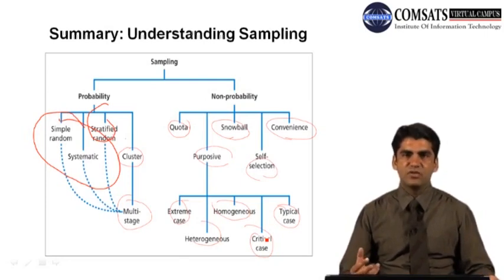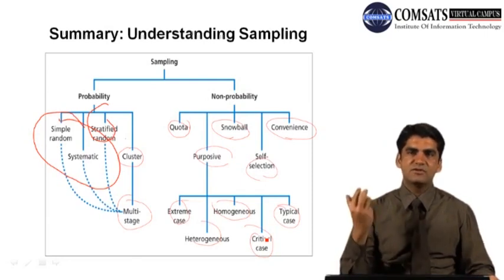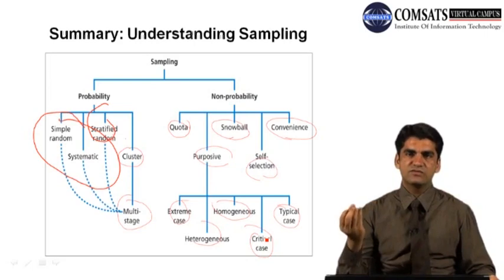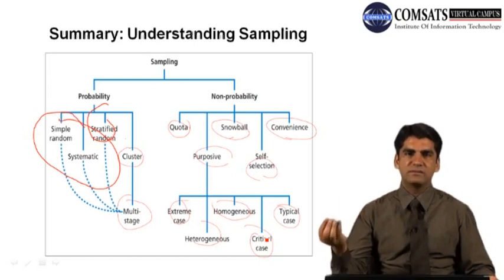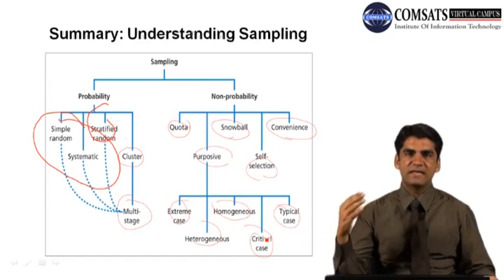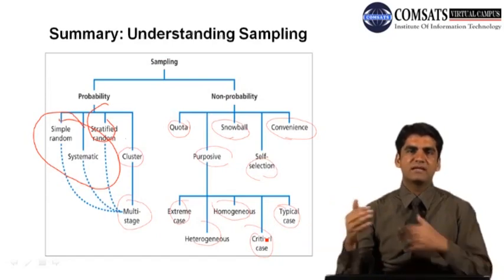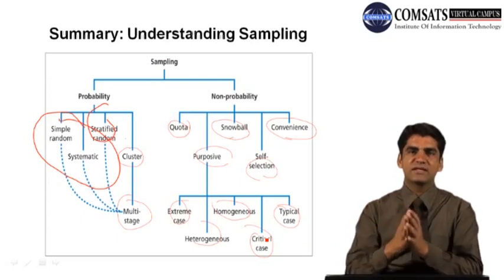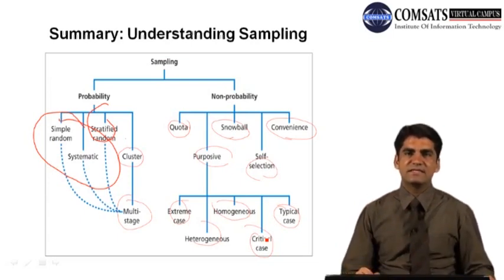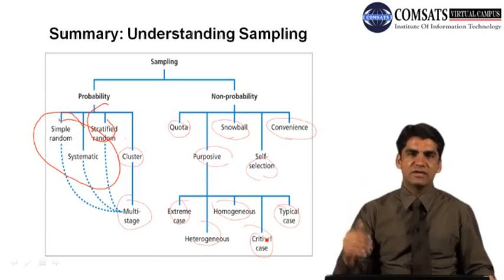So for example, in snowball sampling, we have studied in non-probability sampling that you have to choose one or two cases or elements from your population, and based on that you get more information about your interviewee, and then from there you get some contacts or some details, and then you go there, and this process goes on until you collect a large sample size that is relevant for your data analysis and all.